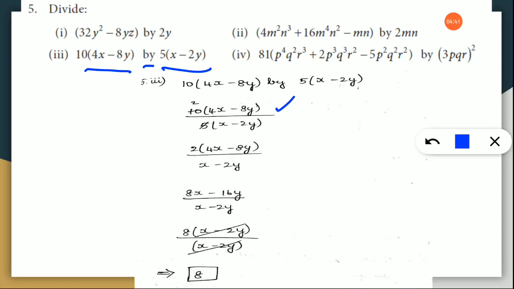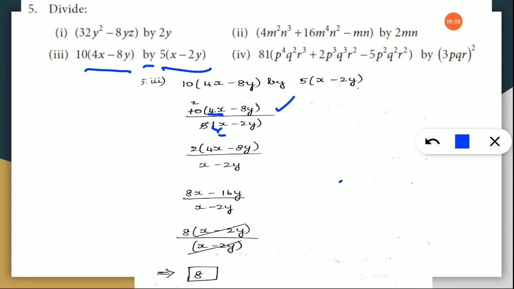Okay. Then, as we did in the previous sum, first we are going to check whether the numbers can be cancelled. Also, one more thing. There is this 4x minus 8y and x minus 2y, no? Can we cancel this 4, and suppose if there is another 4x here, can we cancel this? No, because it is joined with the help of this minus sign. Only if it is common and kept outside, you can cancel and write.